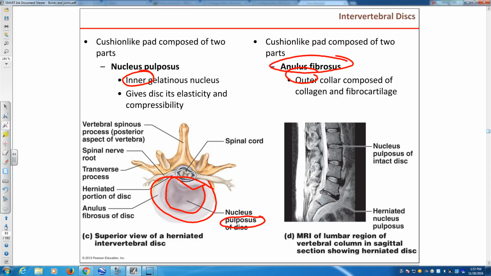Annulus fibrosus, the fibrous layer that surrounds it. Fibrocartilage and collagen. So it's essentially like any good buffer. It has a rigid, resilient outside part and an elastic and compressible inner part. Okay? Now, when a disc becomes deformed,